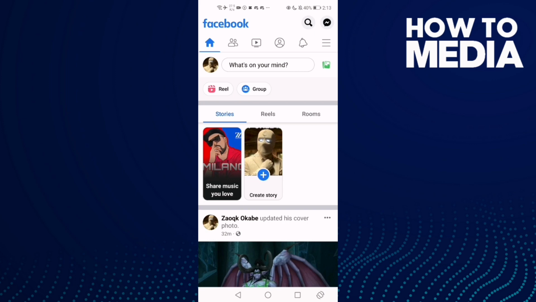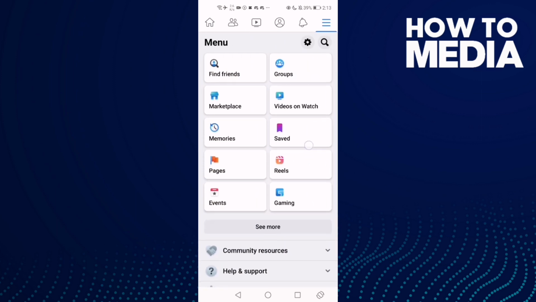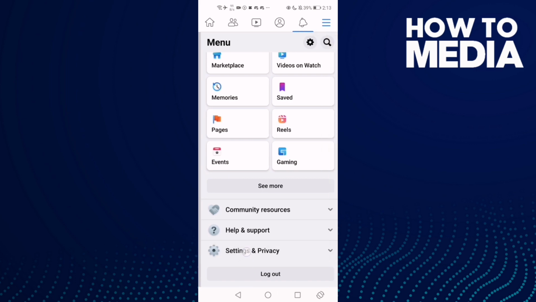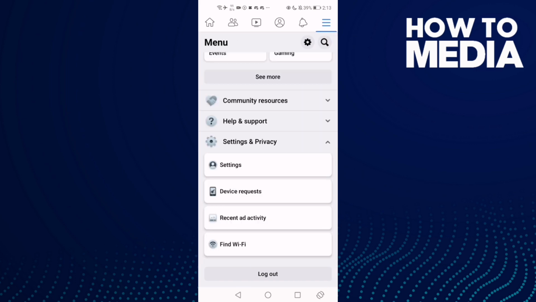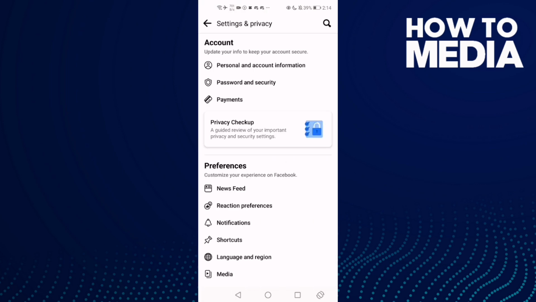and then click these 3 points here, and now go down until you find this one, settings and privacy, and click on it, and then click settings, and now click this one, personal account information,